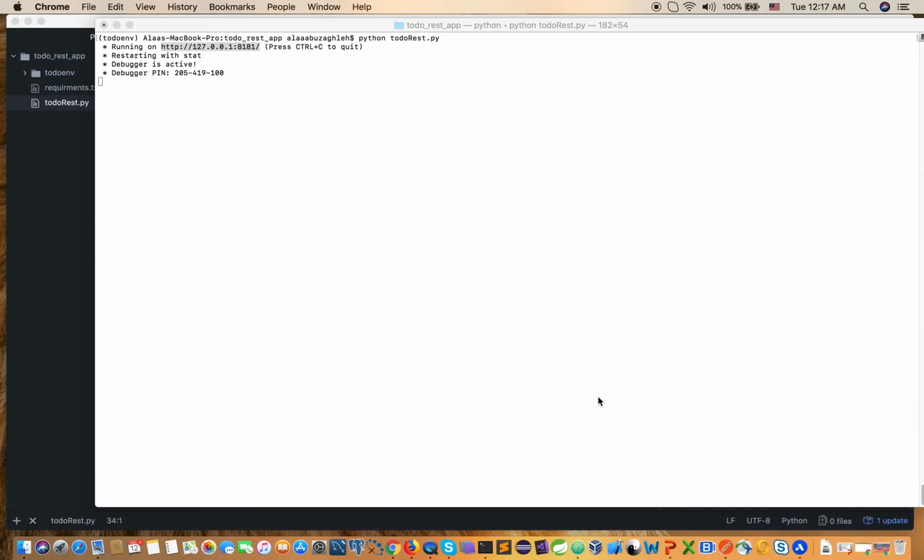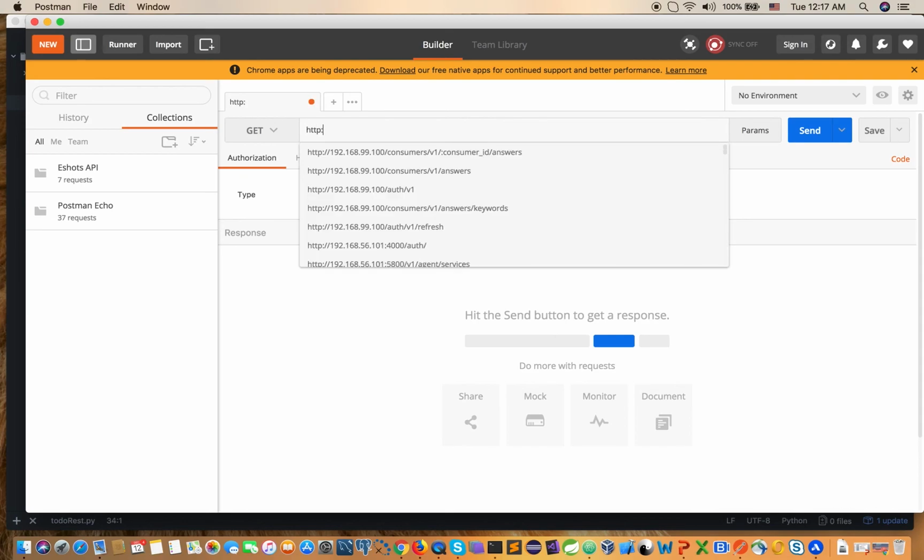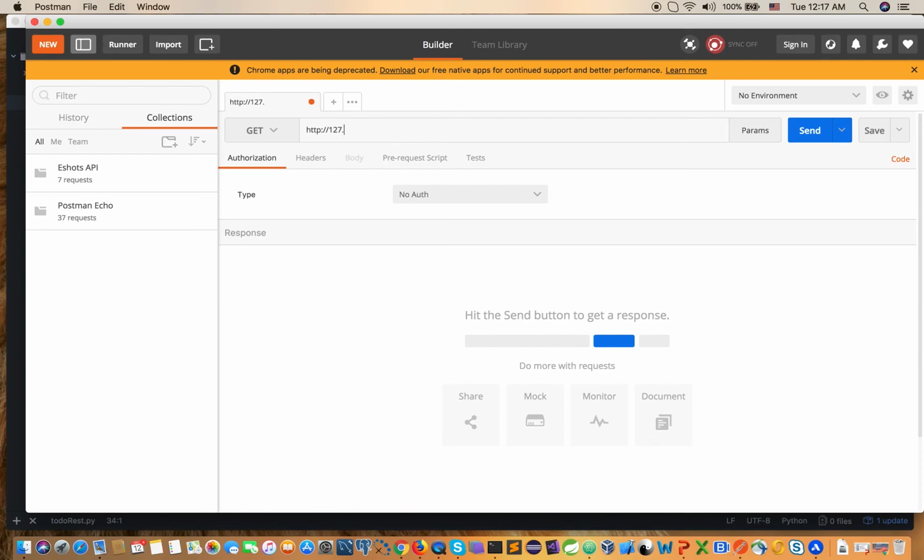So let's open Postman, and now our application is HTTP. Then we need 127.0.0.1 and then 8181, and then our endpoint, which is to do and then list. If you click on send here,